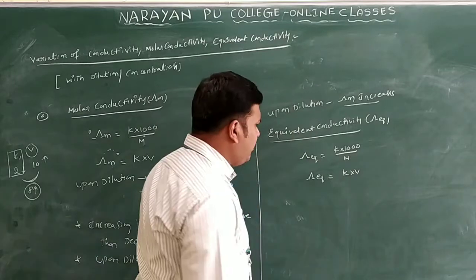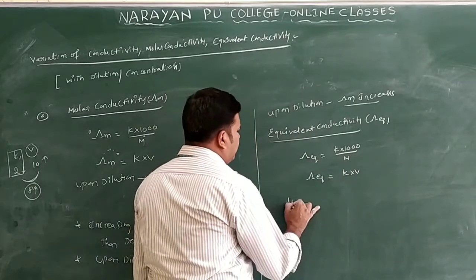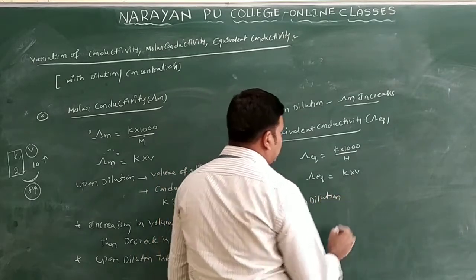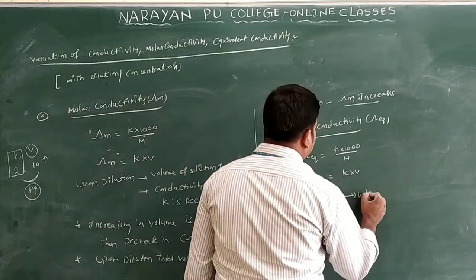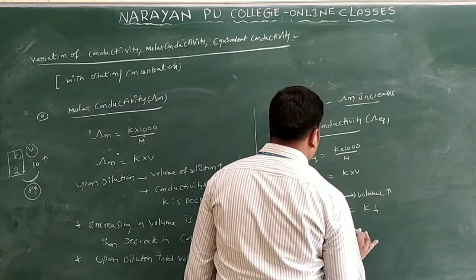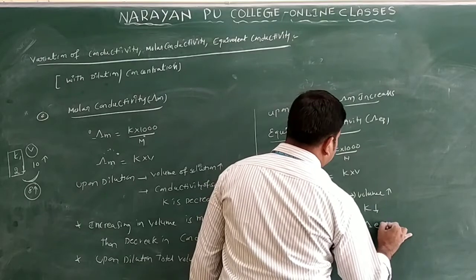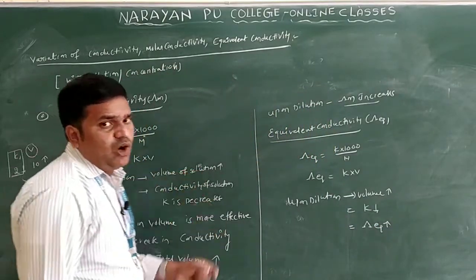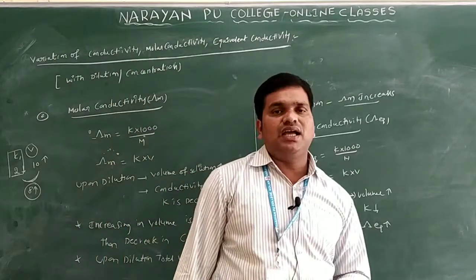Upon dilution, the volume increases, K decreases, but the equivalent conductivity increases only. Or at the same point you can say, increasing the volume is more effective than decreasing the conductivity